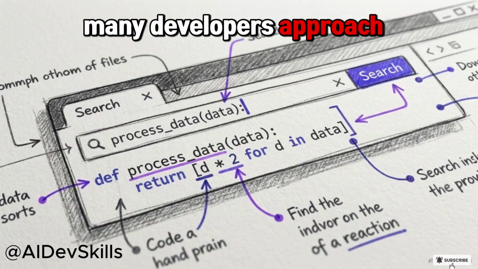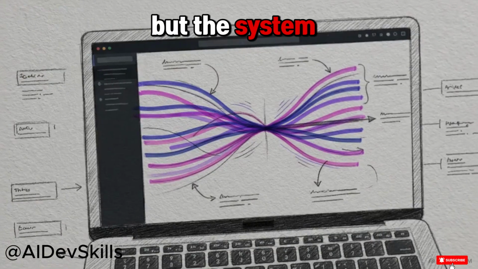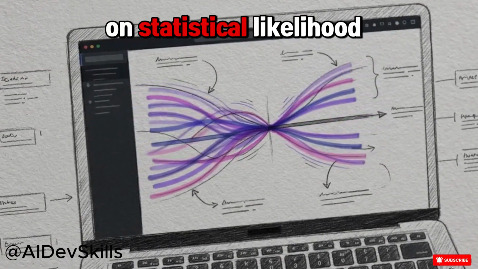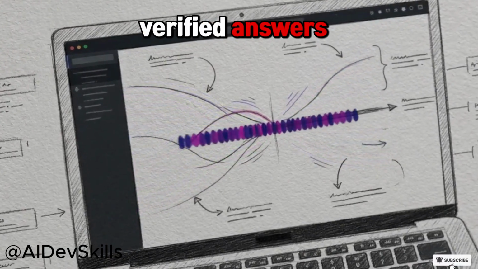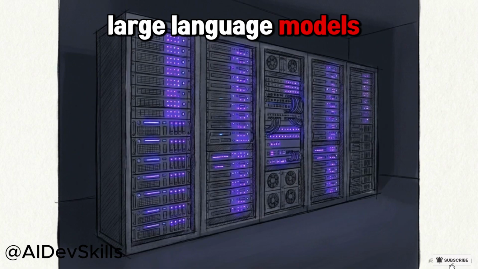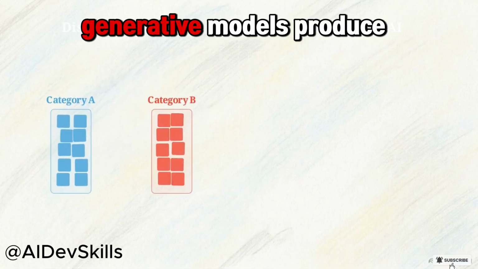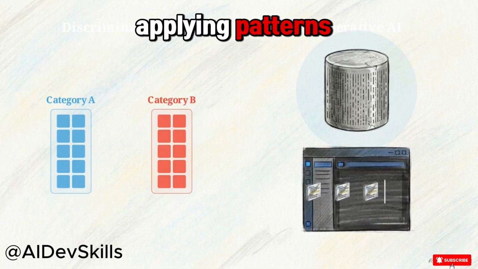Many developers approach GitHub Copilot as a deterministic search engine, but the system functions as a probabilistic engine, generating code based on statistical likelihood rather than a lookup of static, verified answers. This behavior stems from the nature of generative large language models. Unlike discriminative models that classify existing data, generative models produce novel outputs by recognizing and applying patterns derived from their